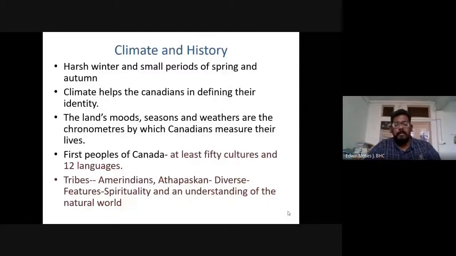They have their own laws of hunting, laws of sharing, right? And that's some of the important indigenous knowledge which we can learn from these people, we can practice, especially in addressing the ecological crisis. We can learn a lot from these people. Tribes, Amerindians, Indians, Athabaskan, diverse features, and one notable